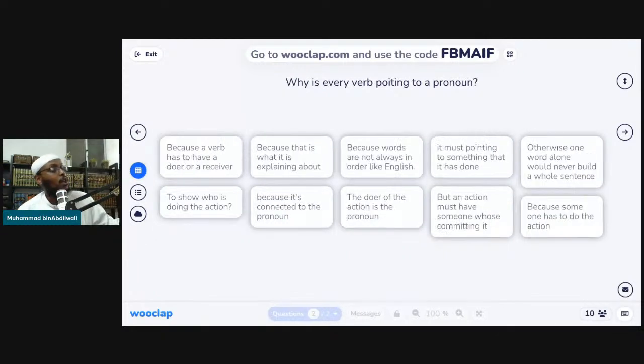So, for example, any sentence you come across that starts with a noun and then there's a verb, that verb is going to have signs to show you which noun it's pointing at. So there's going to be a pronoun hidden within. That's why the 12 pronouns and the 12 verbs are like that, each one pointing to another. Okay? You can match them, every single one of them. Clear? Because the verb has to have a fa'il. There's no way around it. And that fa'il, 90% of the time, is conveyed by way of a pronoun.